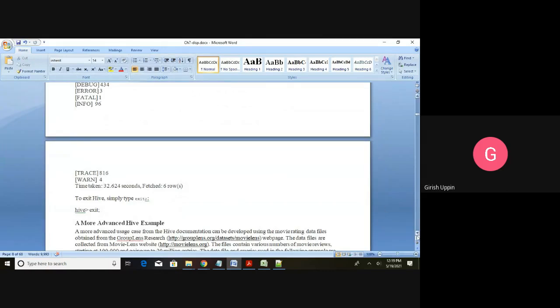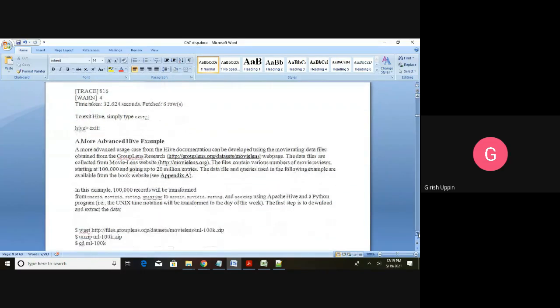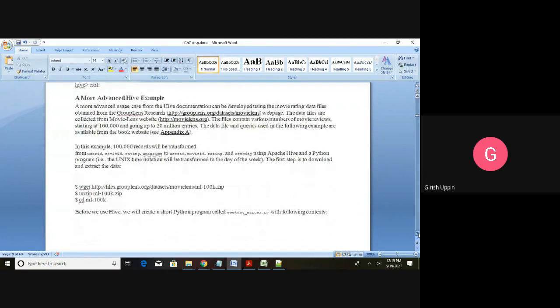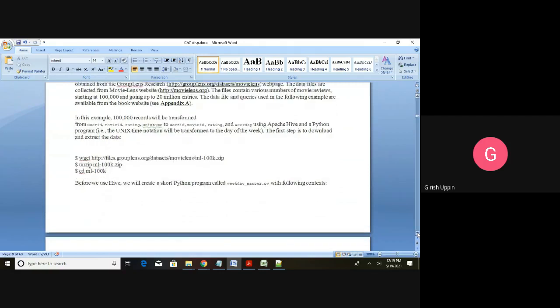And we have one more advanced example here. Again, the required log files are available in that particular download. The required file here is ml-100k.zip.